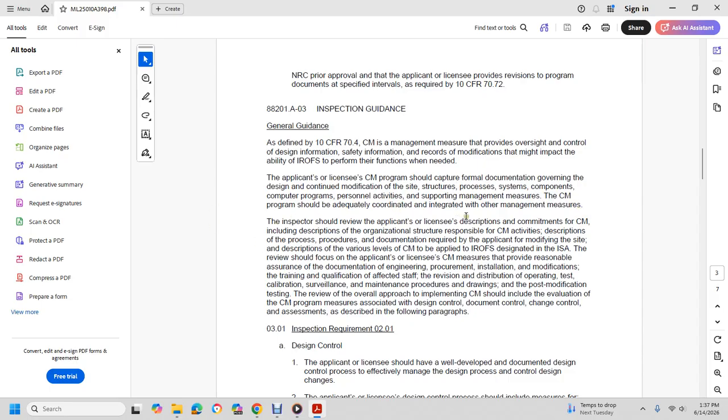The inspector shall review the applicant or licensee's description of the commands for configuration management, including the description of the organizational structure, the configuration management activity and process, and the documentation required. The applicant should also describe the various levels of configuration management applied to the items relied on for safety in the integrated safety